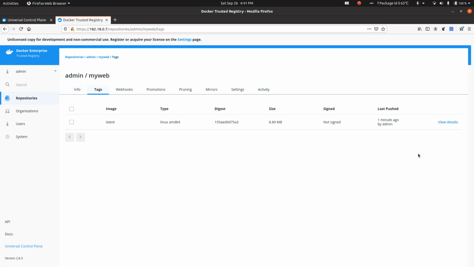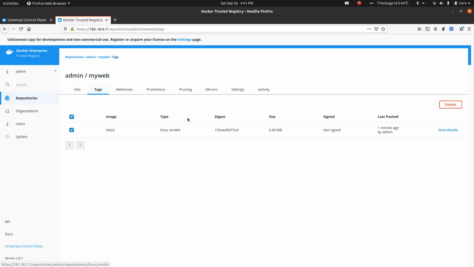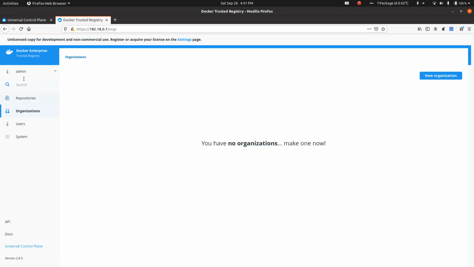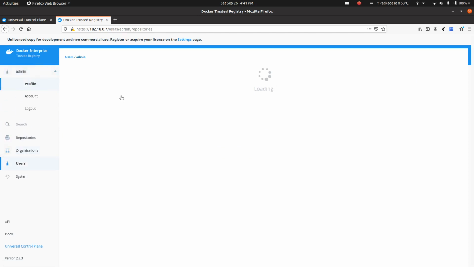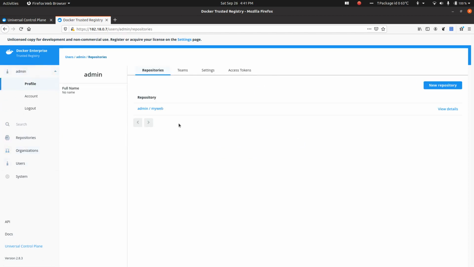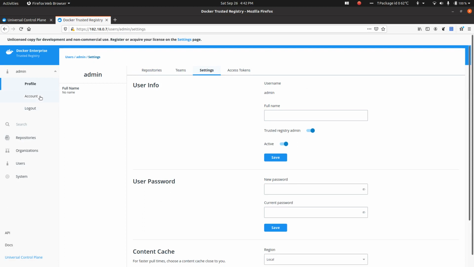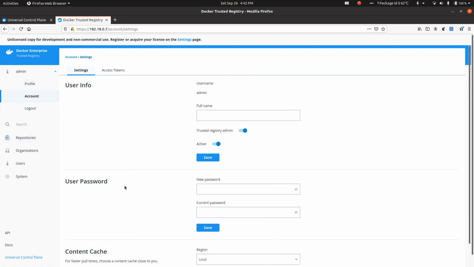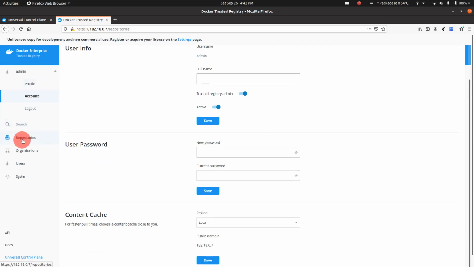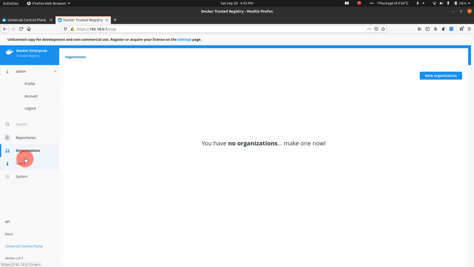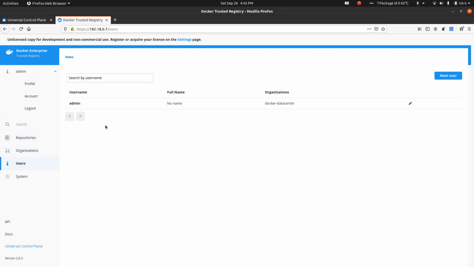This is the image tab. Let's go to the admin profile. These are my repositories, and I can check the settings, etc. This is my username.